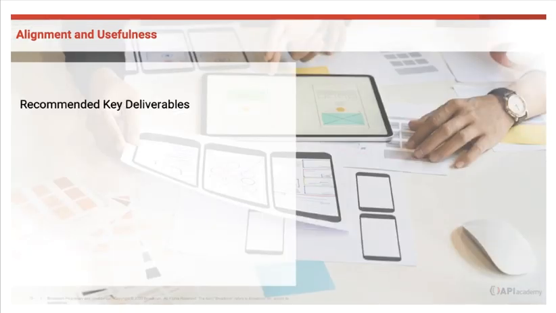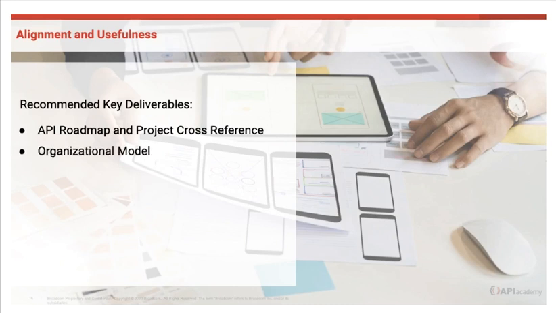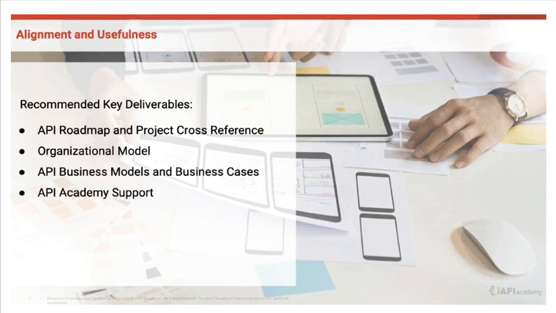As with any initiative, it's important to establish measurable goals by which you can evaluate success. When it comes to achieving optimal API alignment and usefulness, the following deliverables are key. Consider your roadmap and how delivered APIs will be consumed by upcoming projects. What is the path to success for each API project you initiate? Who are the stakeholders and what roles do they play? You might also want to decide what the success of your API program should look like. Last but not least, you can take advantage of the API Academy.